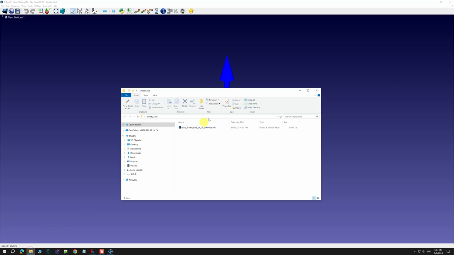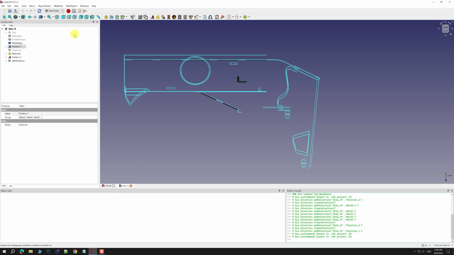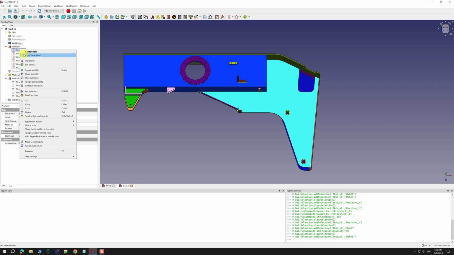So, let's get started. The first thing you need is a RoboDK project with the layout. Remember, the layout is where the robots, weldment, and positions are located in space. Then, in FreeCAD, having your MANUFAI welding add-on active, you can see I have two positions. Welds already defined with the torch vectors,